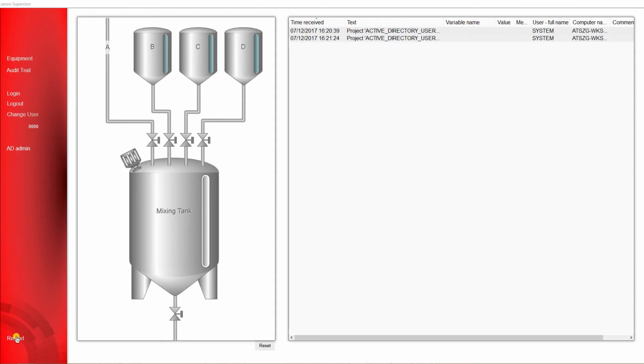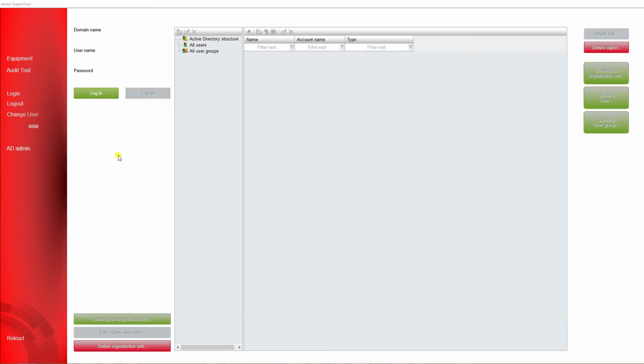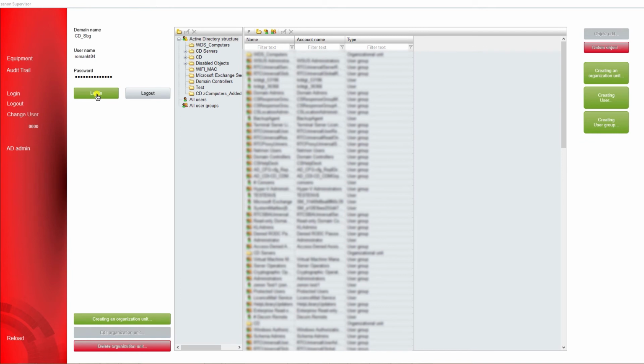In the Service Engine, click the newly created button to load the Active Directory screen. In the screen, we can now enter the domain name and our credentials to access Active Directory and read its content. Xenon will read the whole content of our Active Directory and list all existing users and user groups. You can now see the complete Active Directory structure.